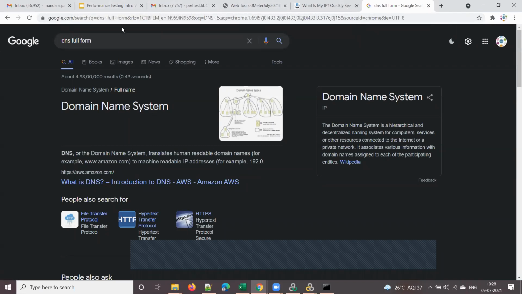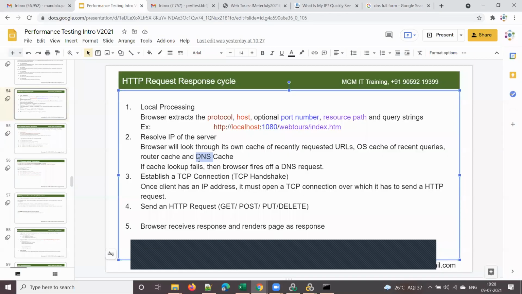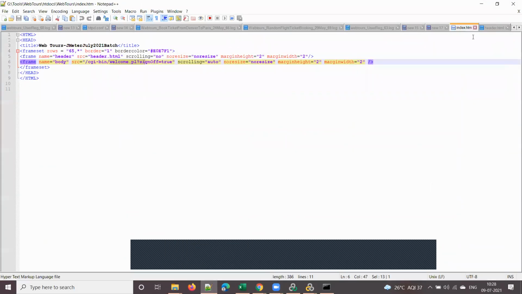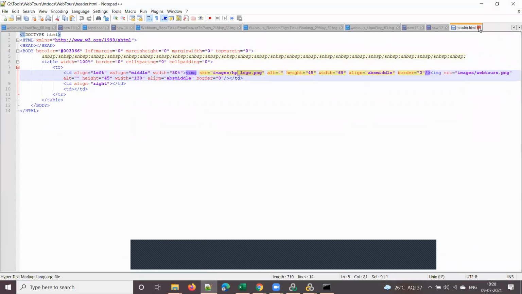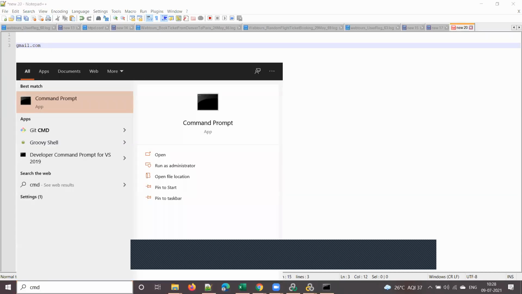So let me explain what this DNS system contains. DNS is another server. So it contains, suppose you type gmail.com. So it will contain some mapping like this. Mapping in the sense, let me close this. So suppose you type gmail.com. The DNS server will contain the IP address of that. So what is the IP address?